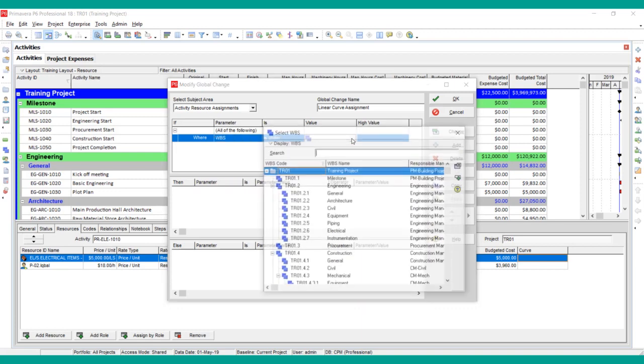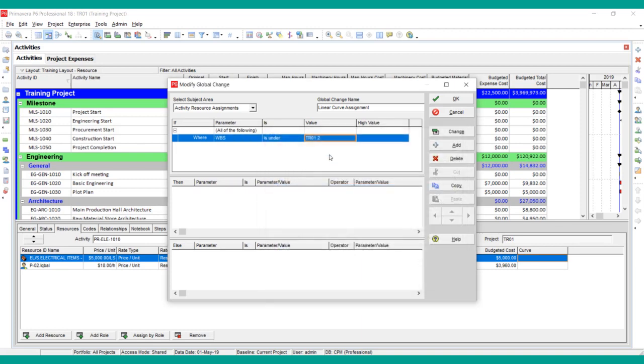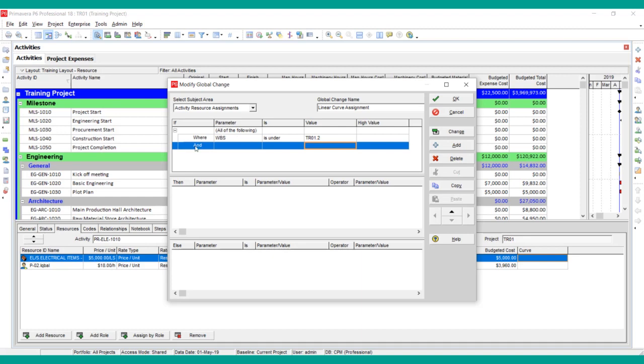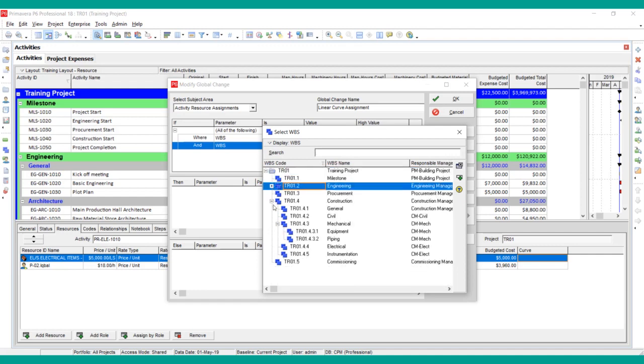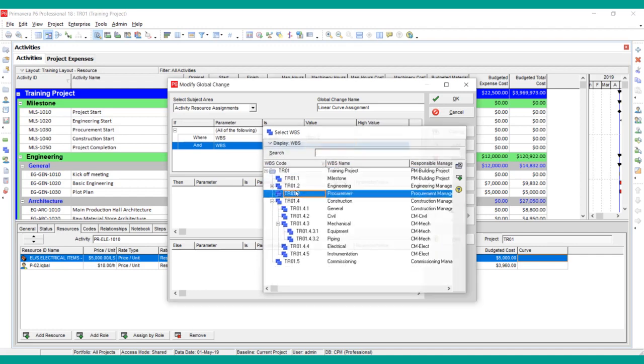WBS is under. I will select engineering. Then I can add another parameter as well. Click add button, and here you have to define another WBS. WBS is under or equals. I am going to select the procurement WBS